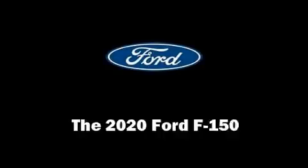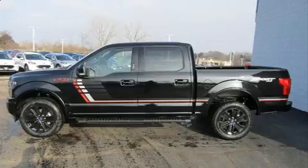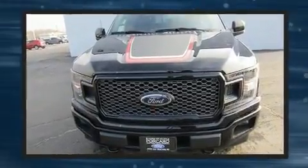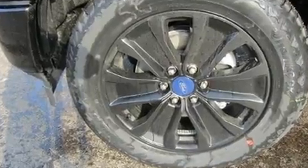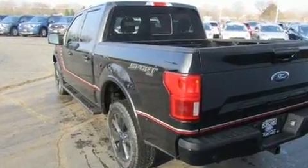Climb inside the 2020 Ford F-150. It features an automatic transmission, four-wheel drive, and a 3.5-liter six-cylinder engine. Ford prioritized comfort and style by including delay-off headlights, a tachometer, variably intermittent wipers, a rear step bumper, and a